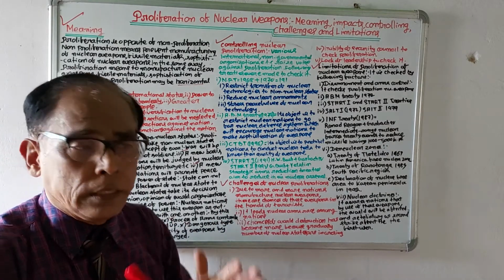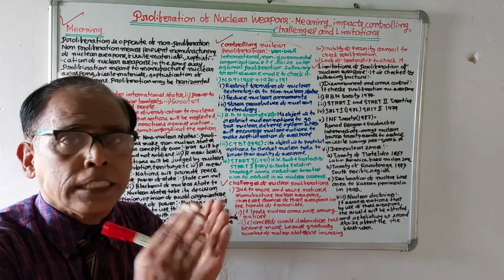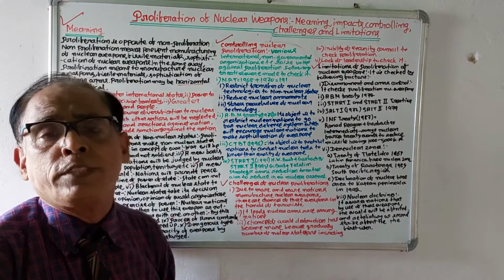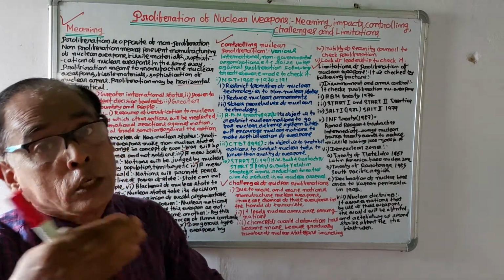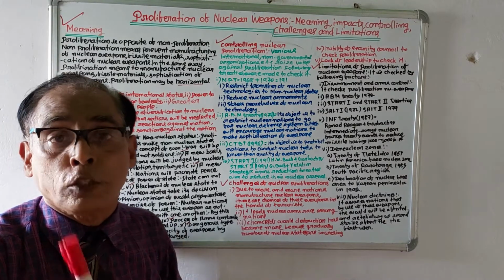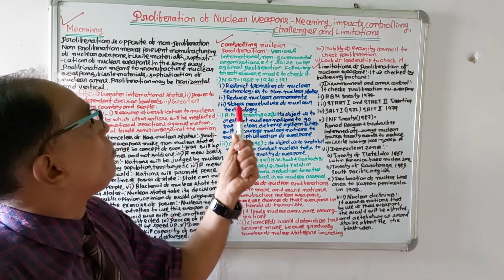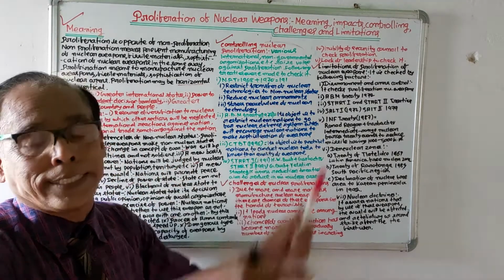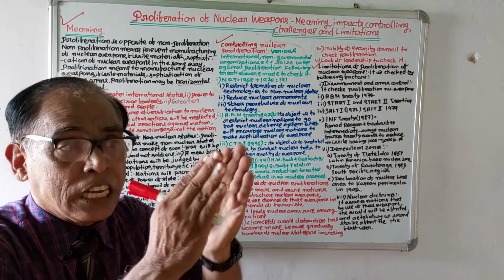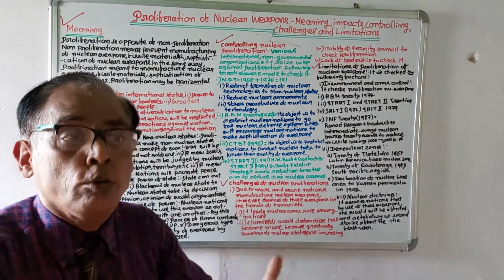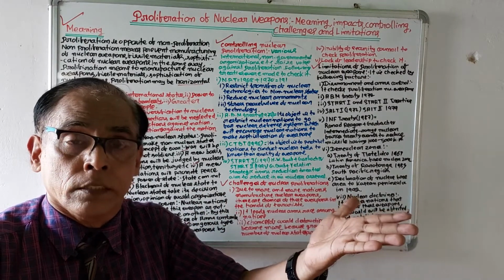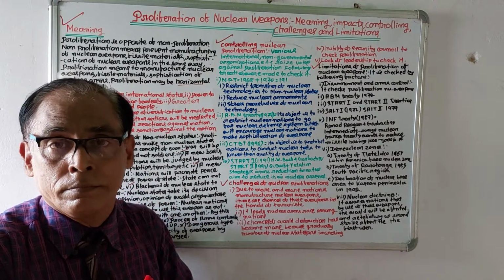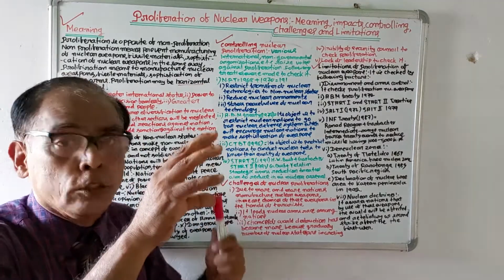The purposes of the NPT treaty are three. The first purpose is to use nuclear technology for peaceful purposes. Number two, not to manufacture nuclear weapons and not to give nuclear weapons to other nations. And point three, restrict transfer of nuclear technology to non-nuclear states. So the objects of the NPT are three: to use nuclear technology for peaceful purposes, not to transfer nuclear technology from a nuclear state to a non-nuclear state, and to reduce nuclear weapons.